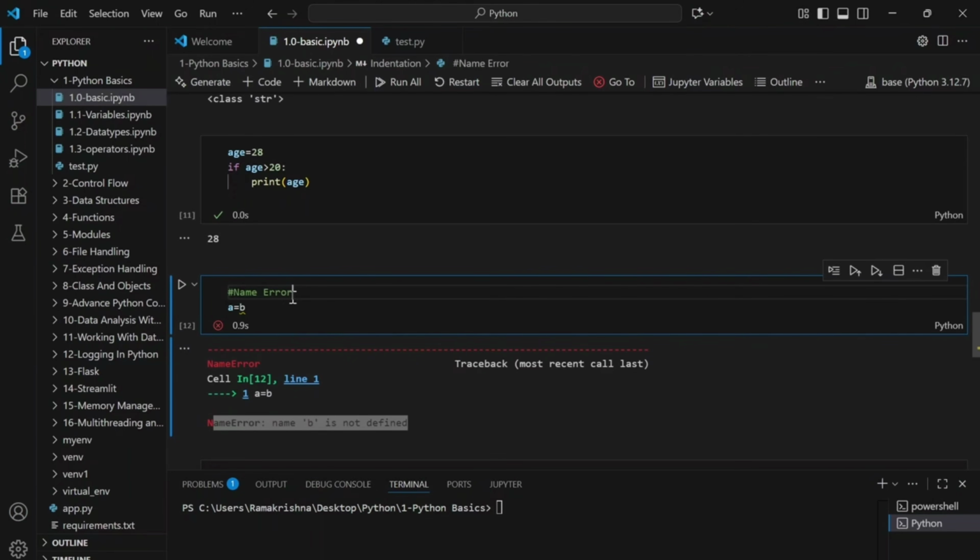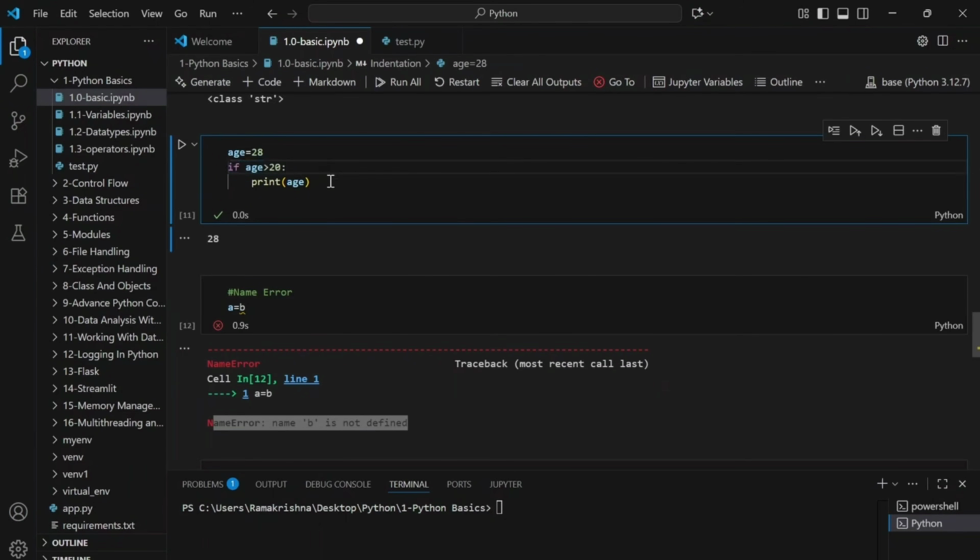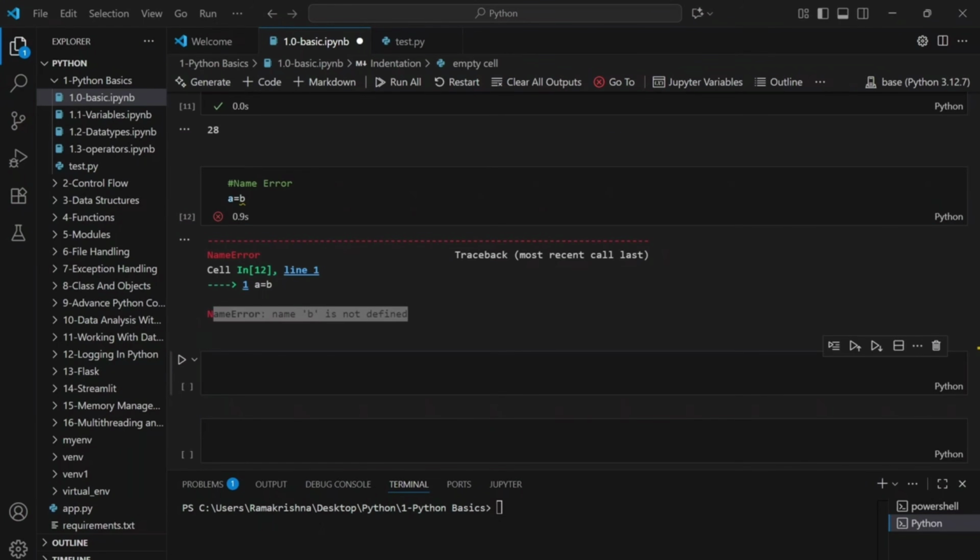Don't worry if you are new to this. We are going to cover all of these in exception handling and how we handle these kinds of errors. Even if you're not aware of using if blocks, for, or while, not to worry. We are going to cover the if block, for loop, while loop, everything in our upcoming videos. Now we are going to cover some beautiful examples of indentation.